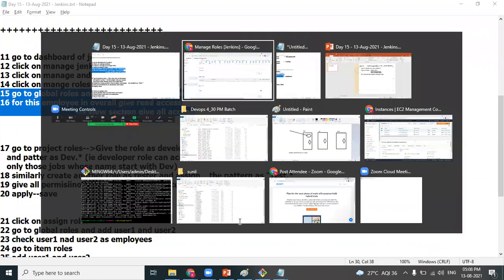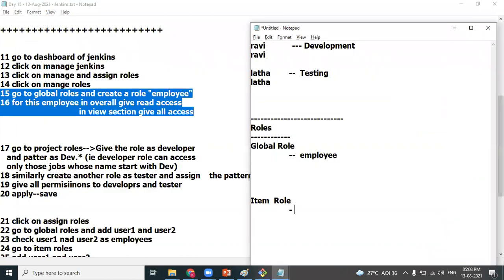One role is developer, and the name of the second role is tester. I will attach a pattern dev.star and a pattern test.star. Item roles will have a pattern associated with them.